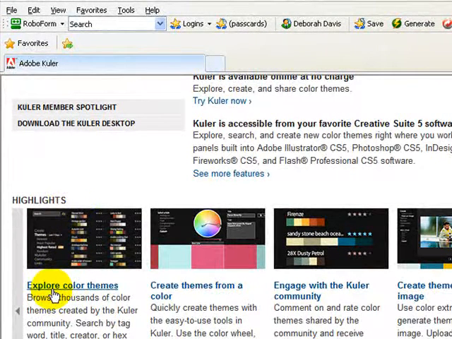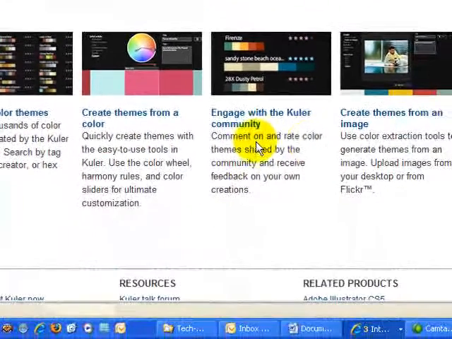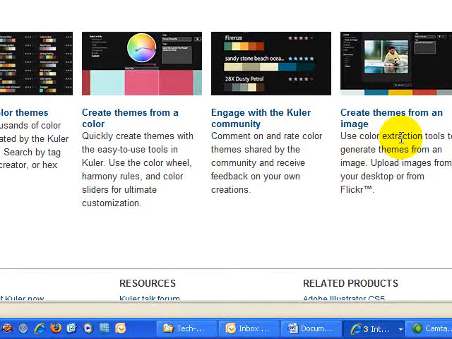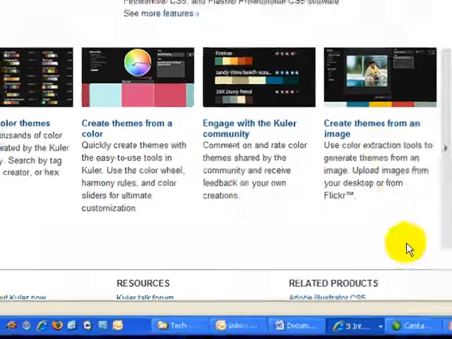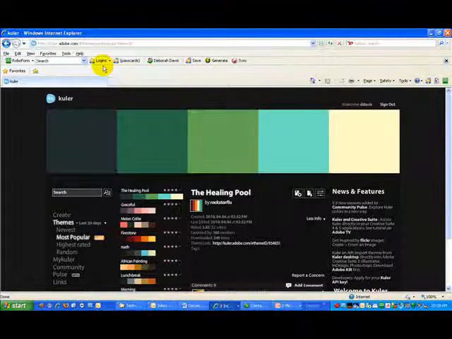First, we'll explore some color themes. We'll create a theme from a color of our own. We'll take a look at how we can engage with the Kuler community, and we'll create a theme just from an image that we upload from our computer. Very cool. To get to the Kuler web tool, just go to